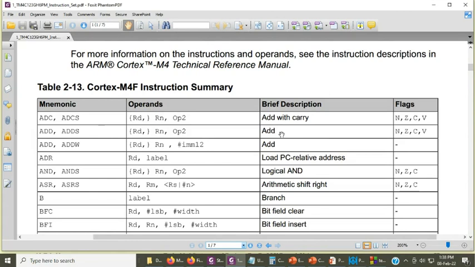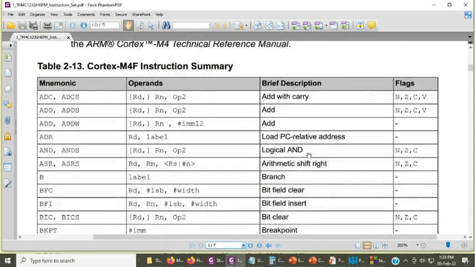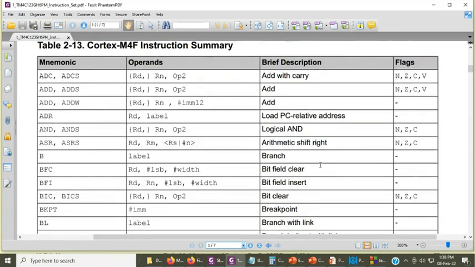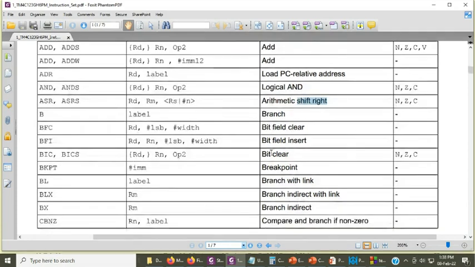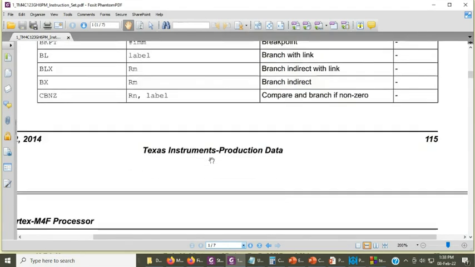Add with carry, add, and which flags get affected after this, and logical and arithmetic right shift. I will be talking about arithmetic and logical shifting, because this is an important concept. These are almost the same.